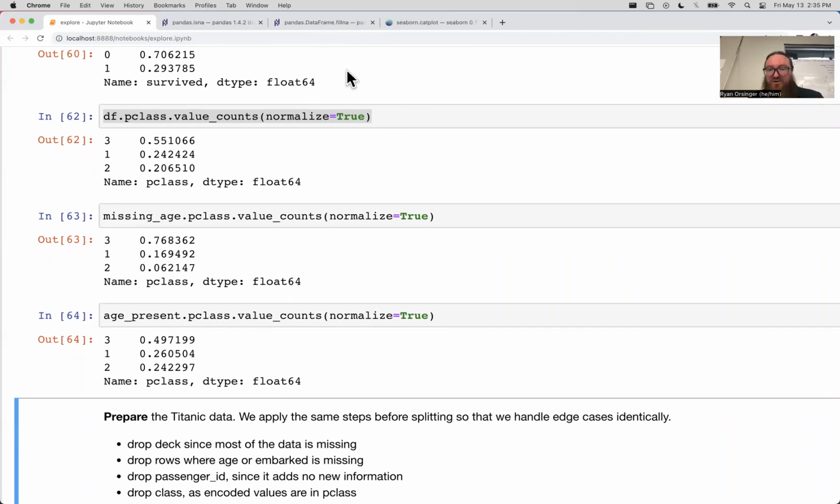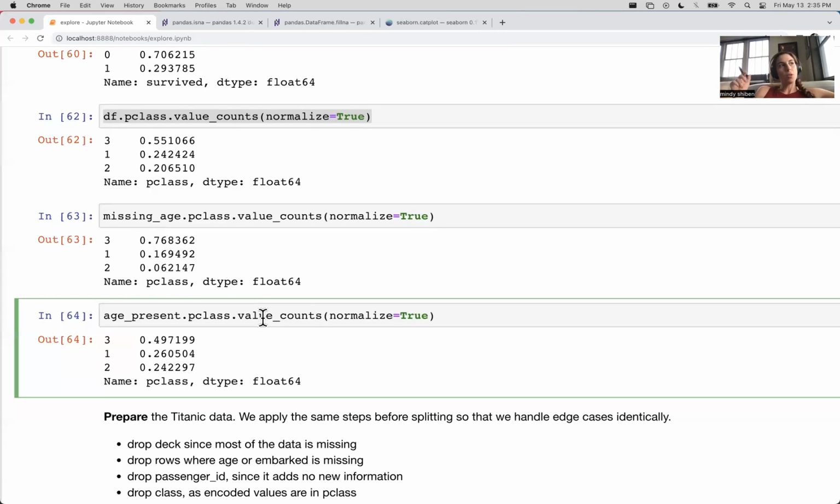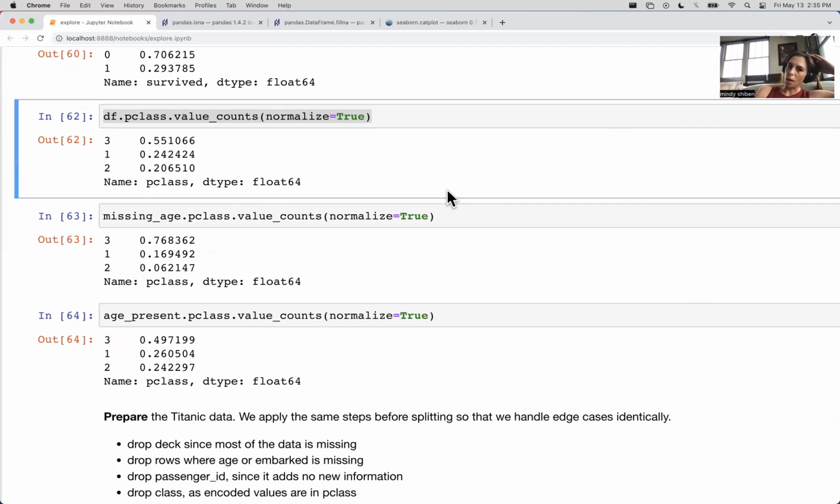Mindy, I see you've got your hand up. Go ahead. I thought yesterday we talked about not splitting the data first and then doing this on your train set and then having that for the other two sets as well. So I'm just a little confused on why we're.